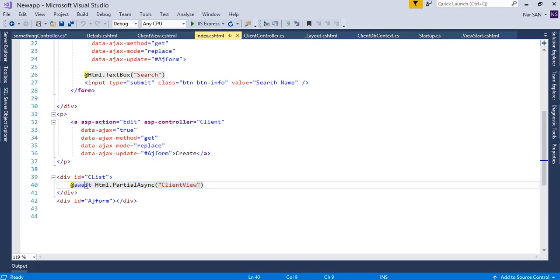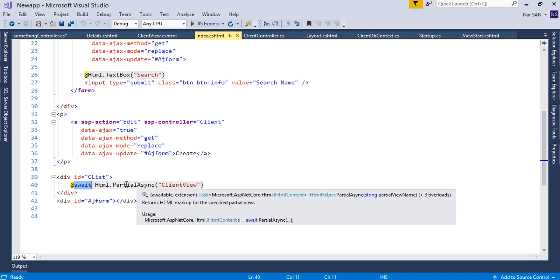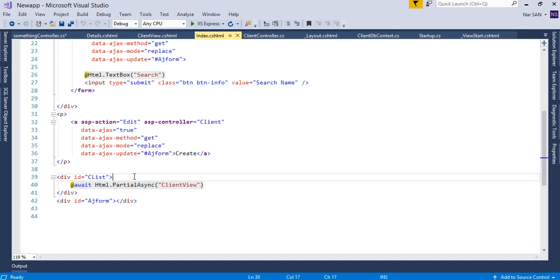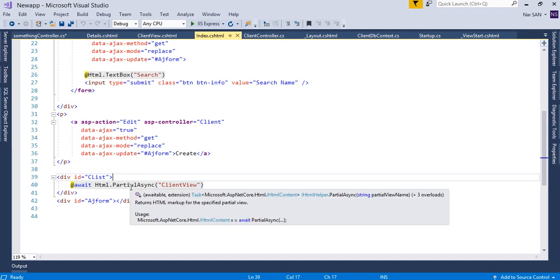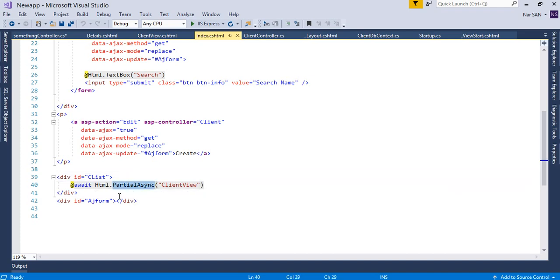So don't forget to use the await, okay, and partial async, otherwise you will have a problem to reload instantly. Okay, so when you click delete, it may not work properly if you don't use this, because